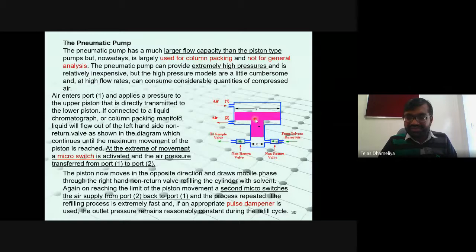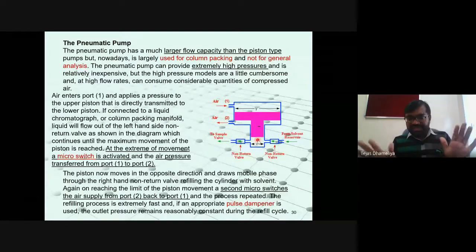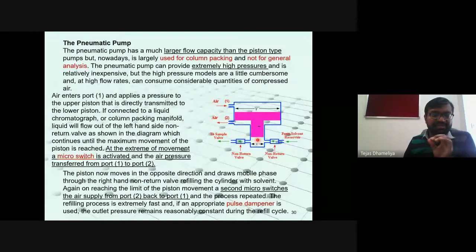What it will do is give some pressure, and because of this pressure, the solvent which has come from the reservoir will, under the influence of this piston, move towards the sample valve. Okay, before I explain this to you, pneumatic means upon the air, this aerial pump. A pneumatic pump is based upon the pressure of the air. So here is a pure piston which is modulated with the help of air. This is the inlet of the air, as well as the outlet of the air.